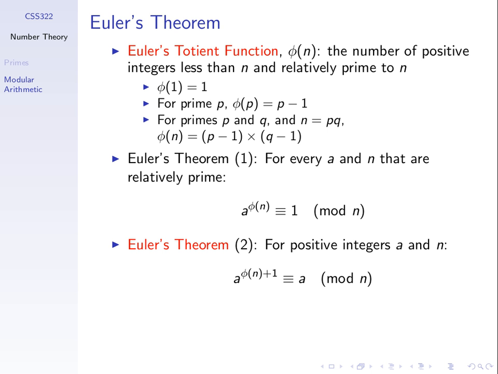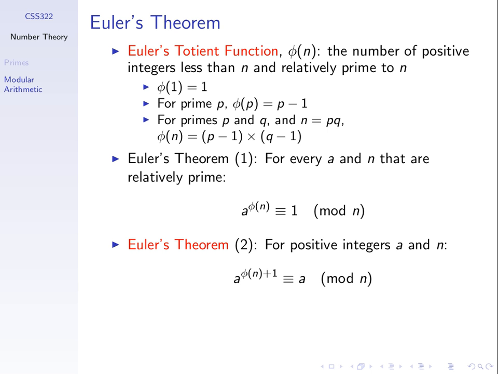Let's get a better example. What's 2 to the 1024 mod 11? It's a bit too easy to solve that one, but let's use Euler's theorem to solve it. We could solve it manually and find the answer, but